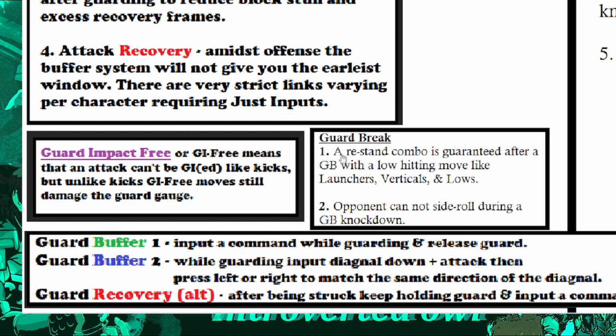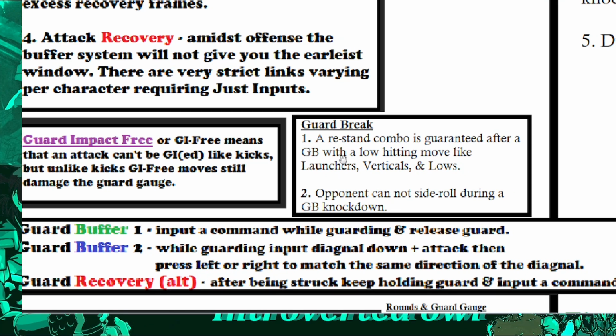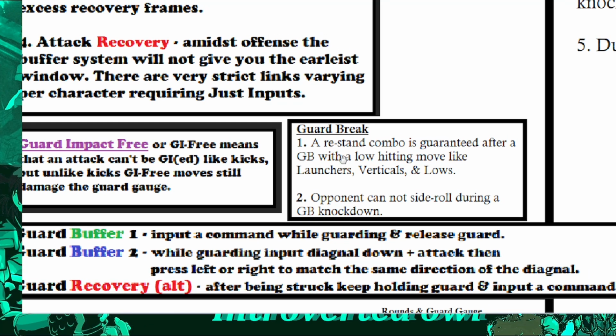So the last one of the guard buffers is guard recovery alternative. After being struck, keep holding guard and input a command. So this one is pretty basic. It just means after guarding, you don't have to release guard to attack. You could just guard and keep holding guard, just like the last one, and just press an attack and get an attack to come out at the earliest